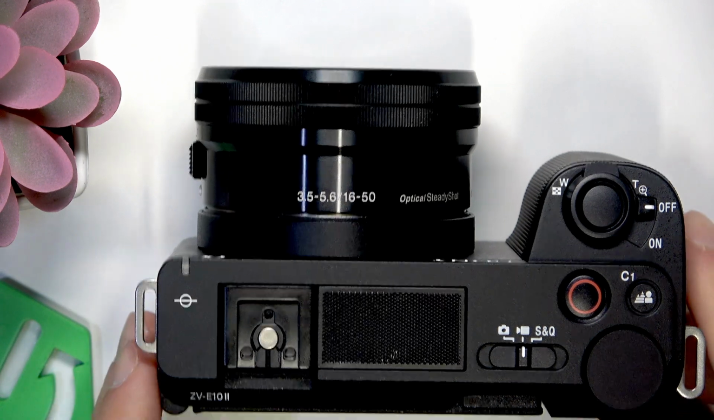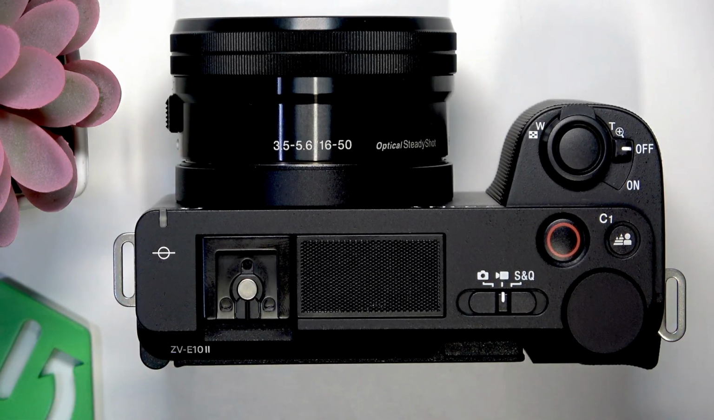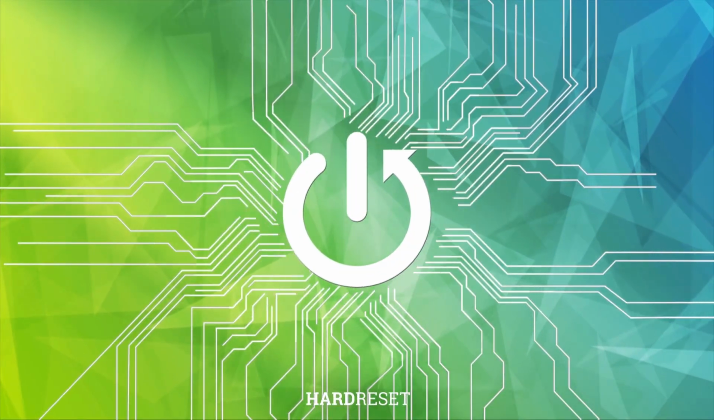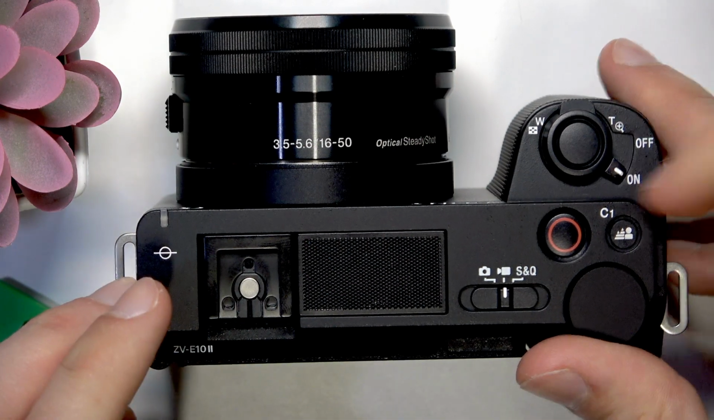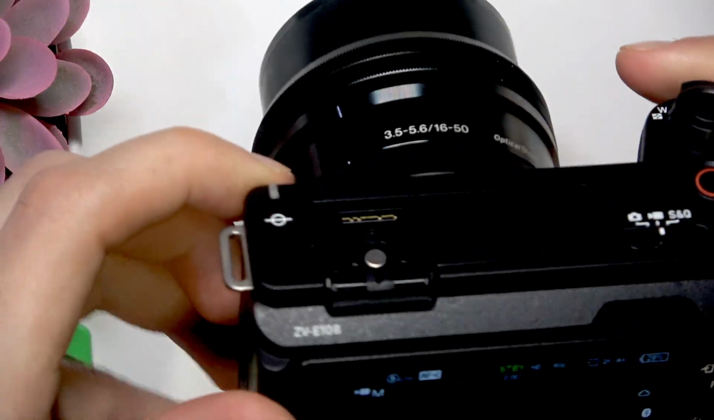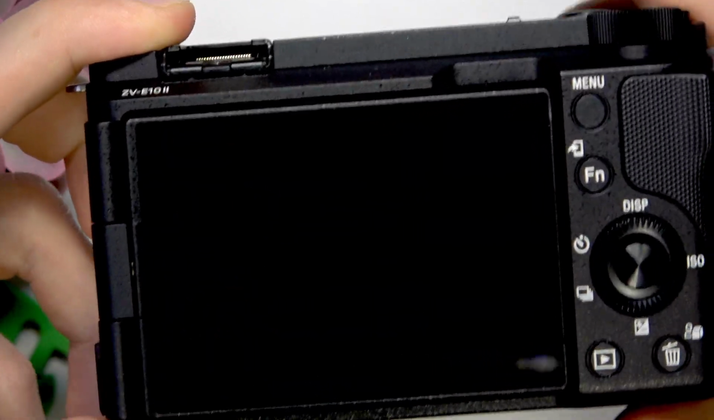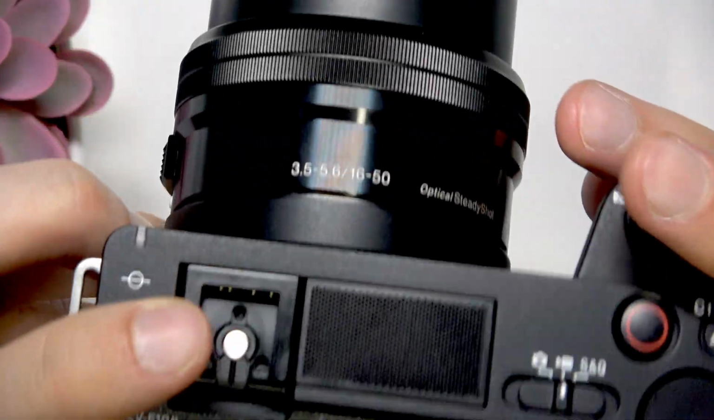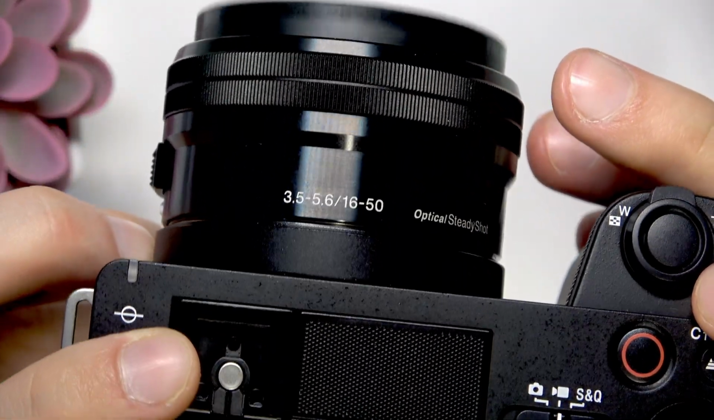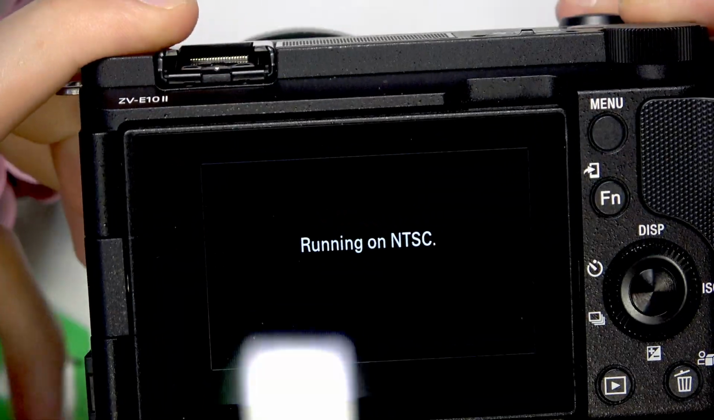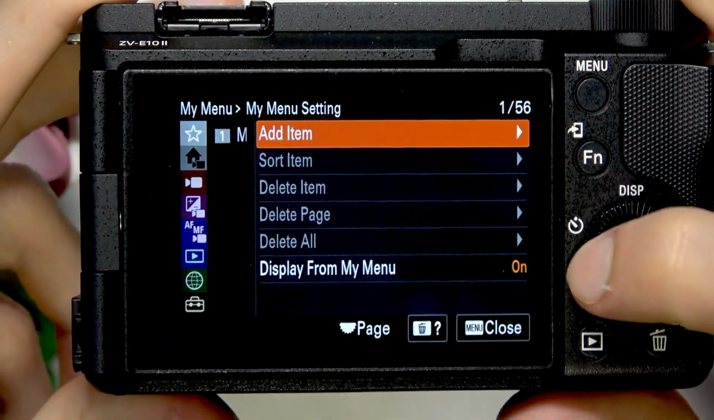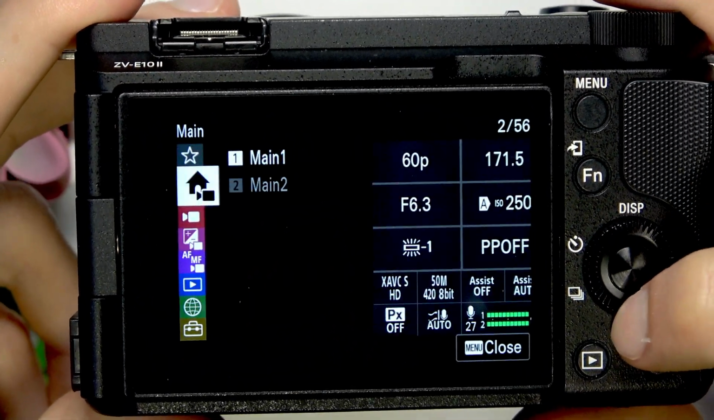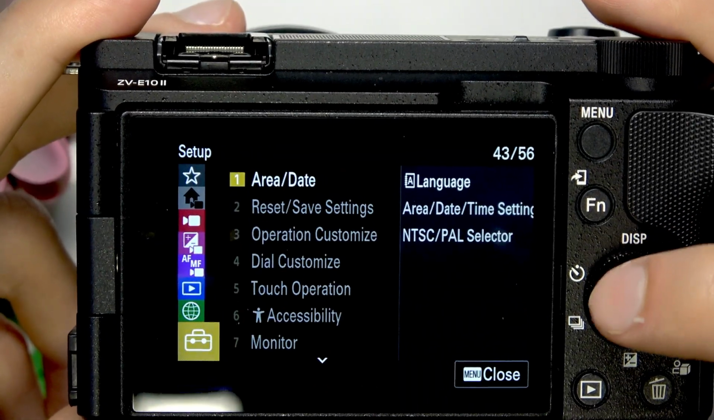Welcome. In this video, I will show you how to enable or disable touchscreen on your Sony ZV-E10 II. First of all, let's switch on the camera, then press menu and now. Okay, something went wrong. Let's open menu and then scroll to left to the sidebar, then scroll down to setup,